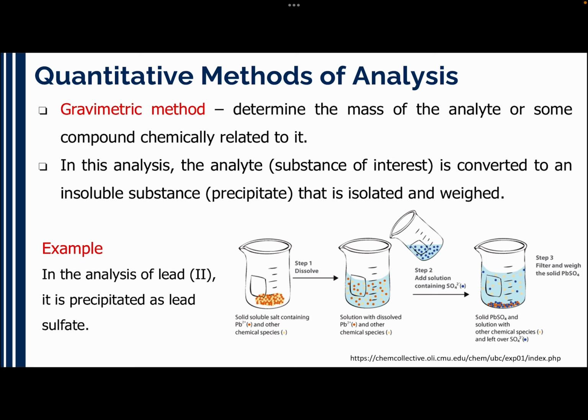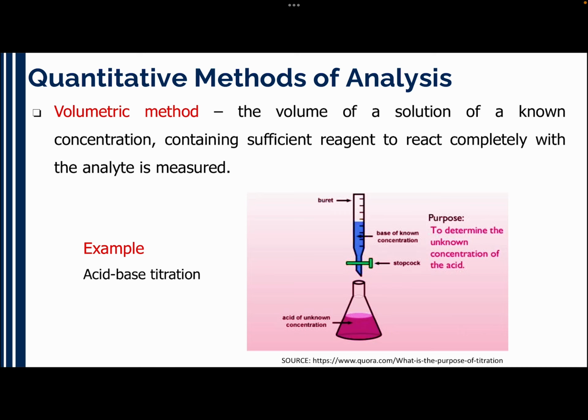So in this analysis, the analyte or the sample of interest is converted to an insoluble substance, that precipitate, which later in the analysis we dry and weigh. The second is the volumetric analysis. So the volume of the solution of a known concentration containing sufficient reagent is used to react completely with the analyte being measured. So we have an example, the acid-base titration. So in acid-base titration, we have the analyte present in the flask, then a titrant in our burette will be delivered to determine the concentration of the unknown present in our